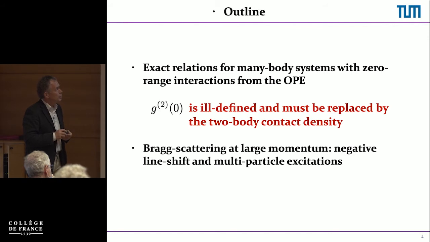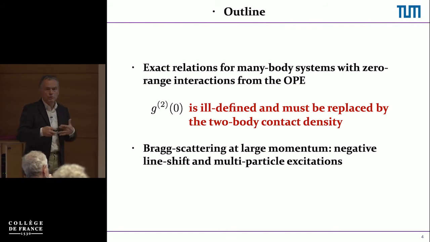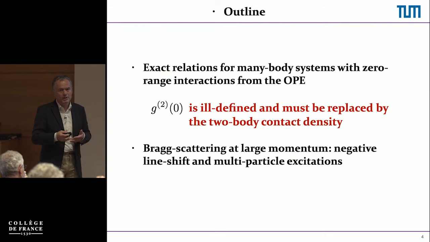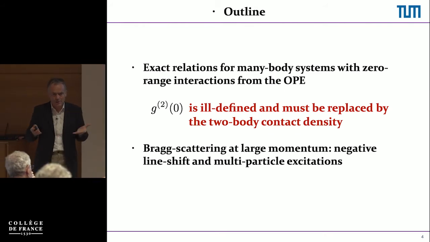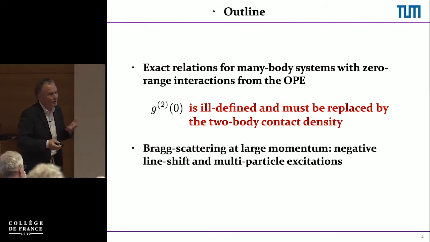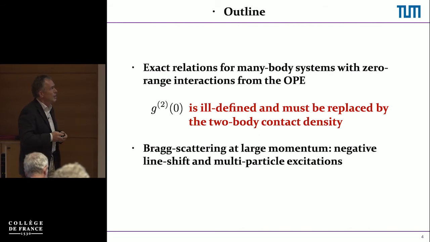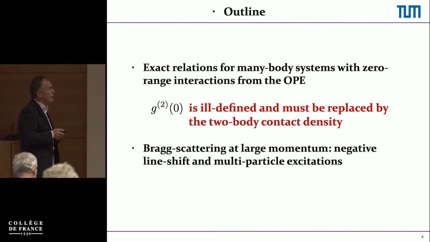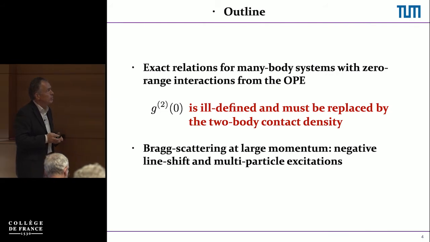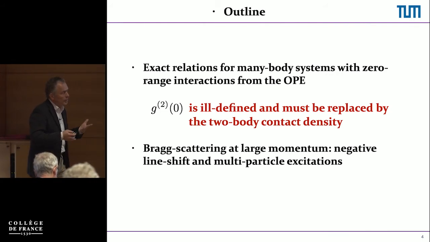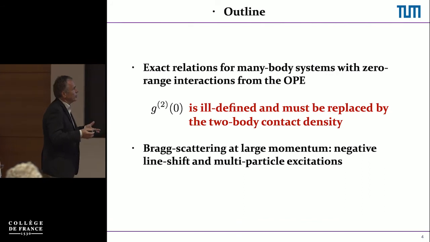And then what I will show is that the G2 of 0, which you know well, and which for photons is of course a major quantity to describe correlated states of photons, is actually ill-defined in dimension 3 and is replaced by a dimensionful property, namely the contact density. And then I will list a few examples where this